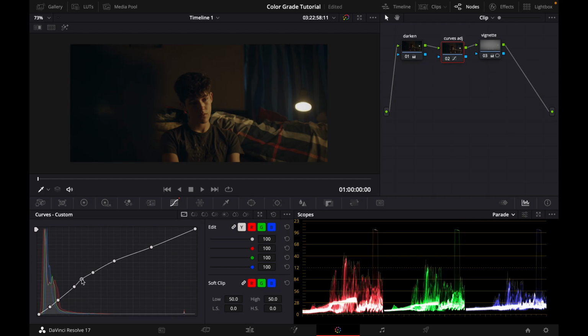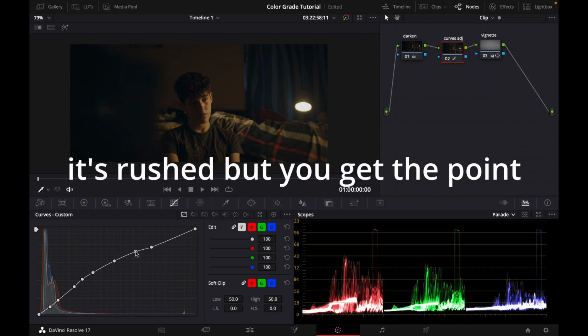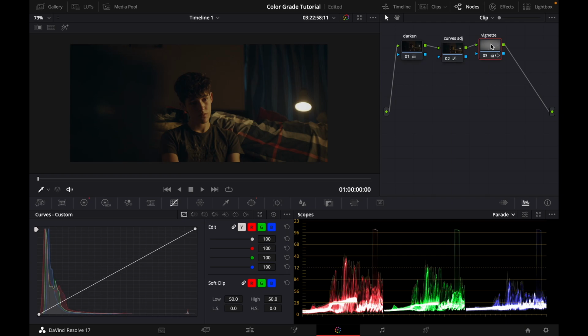That looks good. And then yeah, so Command D to see what it did, made it pop out a lot. I think that looks pretty good. So after vignette, I'm gonna add node, add serial, and then this one I'm gonna label